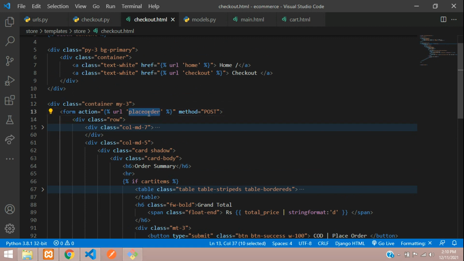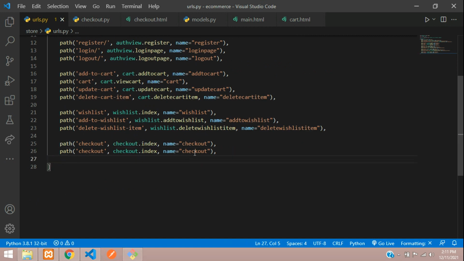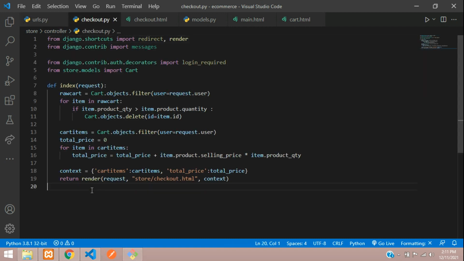So let us just go and create a new path for this. Now add a comma and paste over here. So we'll just copy and paste the above path over here and change the name of that URL and the path. So in the path, we are just going to give place-order, and the function name we are going to keep place_order. Okay, so just copy this place_order and go to your checkout file and create a function over here, place_order. So here just pass the request,